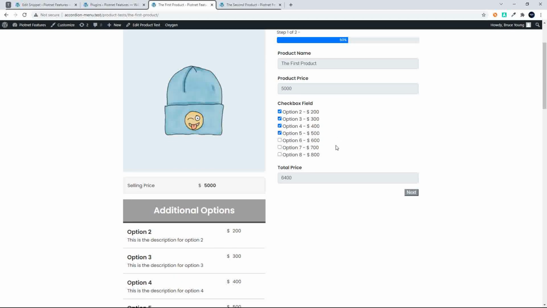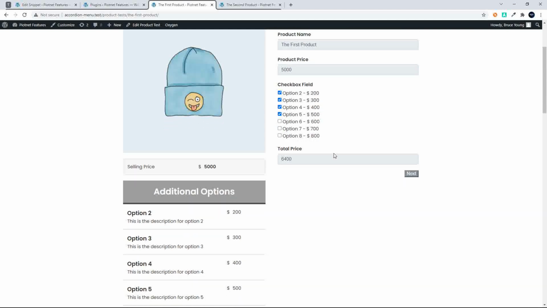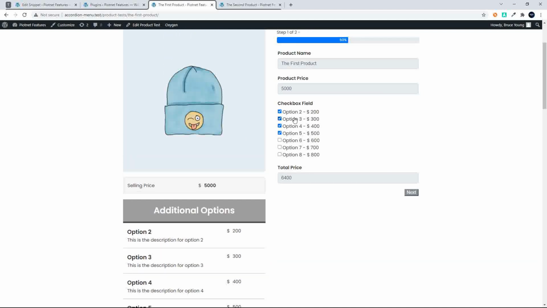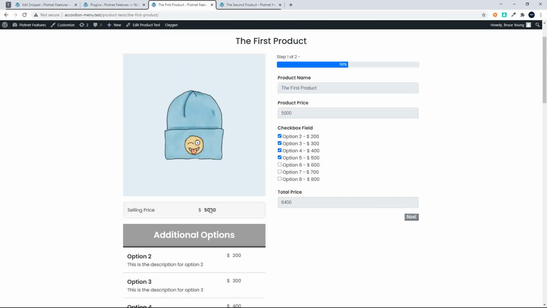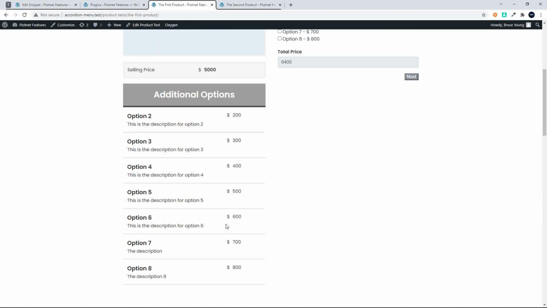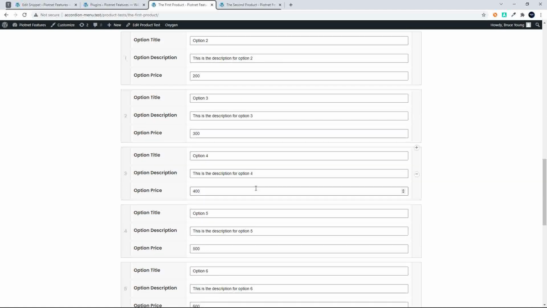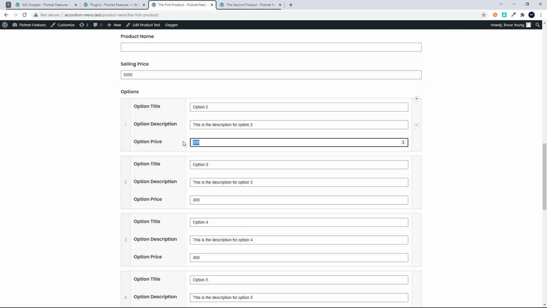To update the field, what I do is I update the Advanced Custom Fields, and these automatically then update the checkboxes using a repeater. So to show you how that works, I'm just going to scroll down. I've included a form here at the bottom of the page. So if I, for example, wanted to change the price of option 2 to 2,000 and here maybe to 3,000,